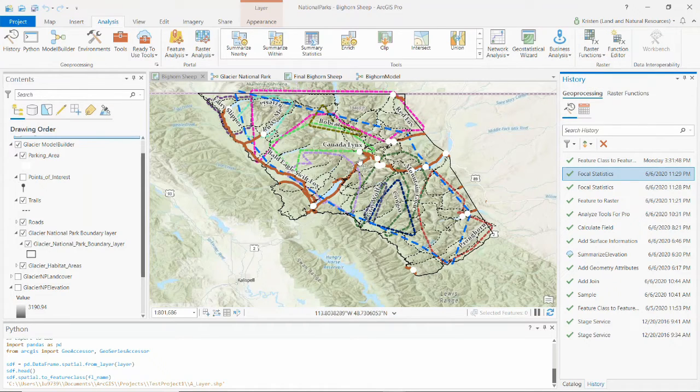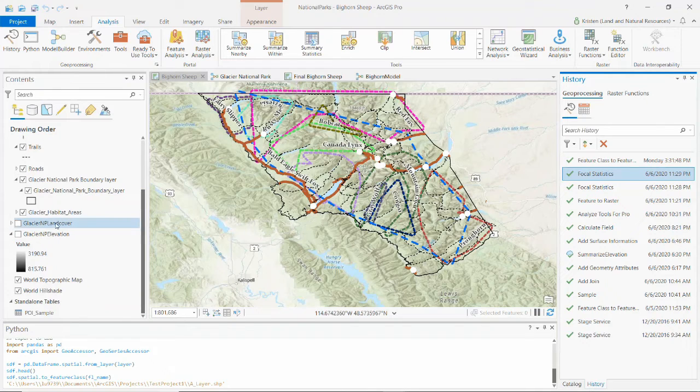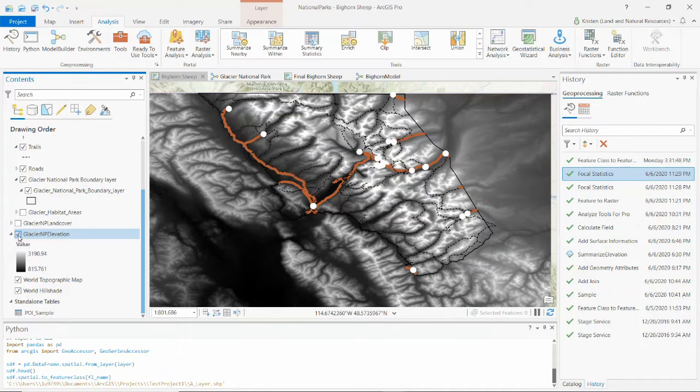So for this workflow, I want to focus on habitat suitability for bighorn sheep. There are a couple of factors that I need to take into consideration. One of those is that bighorn sheep can climb up to elevations of 10,000 feet and typically like elevations of 5,000 to 9,000. So you'll see here that I have an elevation data set that I exported from the USGS